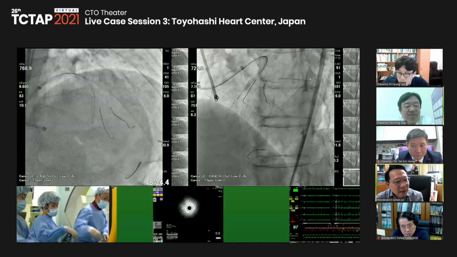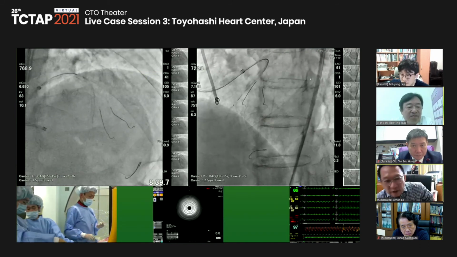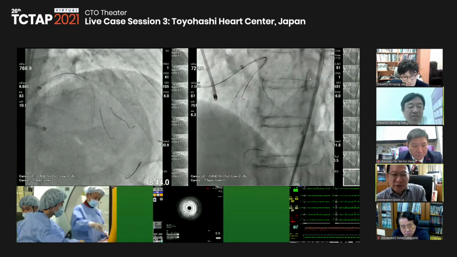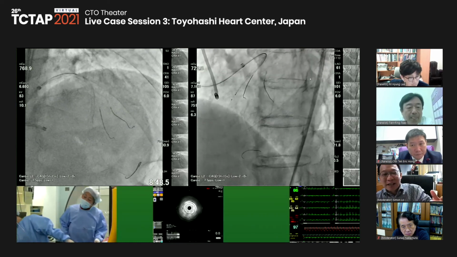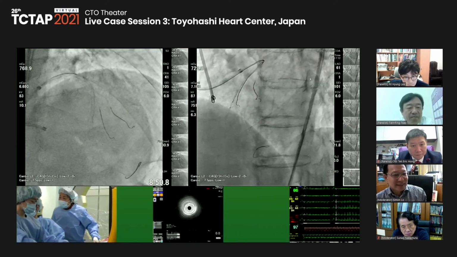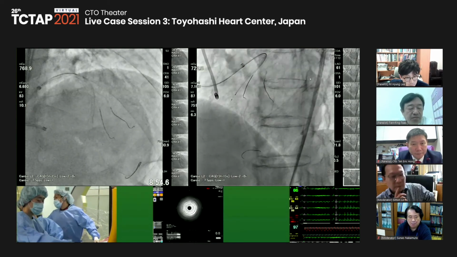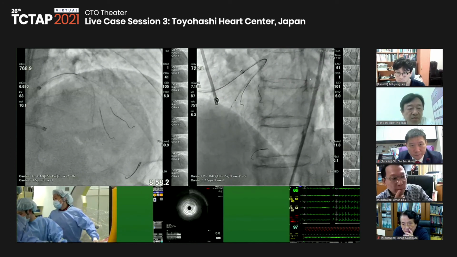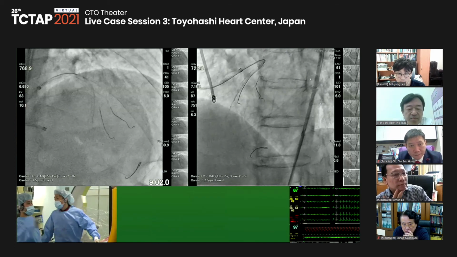Uh-huh, I see. What about putting a 3.0 NC balloon and inflating it to very high pressure, like 18 or 20? Would that be sufficient, you think? From the IVUS, maybe 2.5-ish.